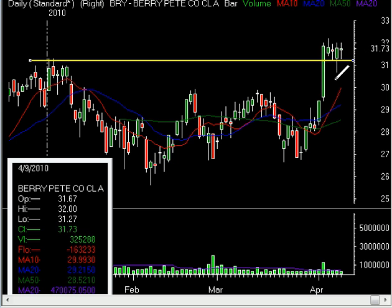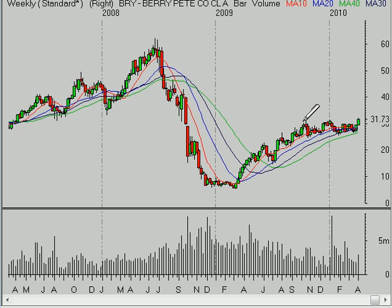You can see that the stock trades an average of 470,000 shares a day, and it's just recently broken some resistance here at about $31.20, and you can see that resistance is now holding as support. So when we back it up to a weekly time frame, you can see the stock has actually spent about